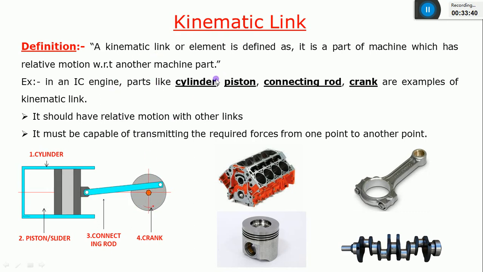How can I define this? This is a mechanism present inside a bike. If you consider the bike as a machine, this IC engine acts as a mechanism. Which kind of mechanism? It is a power producing mechanism, because when you burn a fuel, petrol or diesel, it converts the fuel energy or chemical energy into mechanical rotary energy. This mechanism is made of different parts: cylinder, piston, connecting rod, crank. I can call these different parts separate parts. So this is a cylinder.